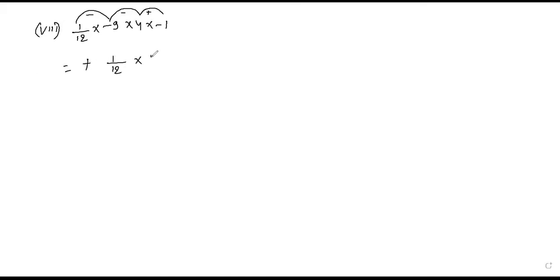Now just write the other numbers. Now we have to cancel here. So see when you can cancel. 36 minus 36. So 3 3s are 9, 3 4s are 12, 4 1s are 4. So the answer is what? 3 is the answer. Positive 3 is the answer. Sir, we can do it like this: 9 4s are 36 and then 36 divided by 12. Yeah, that also we can do.